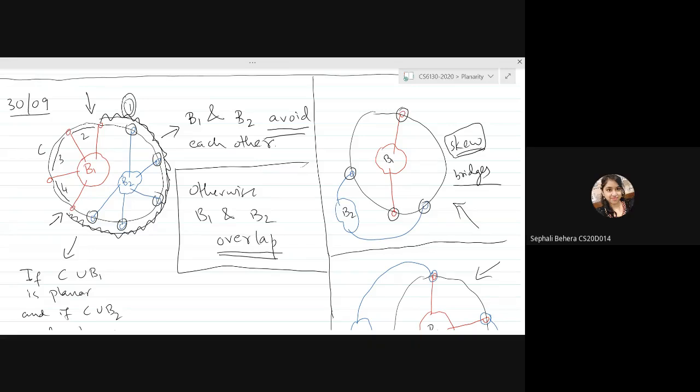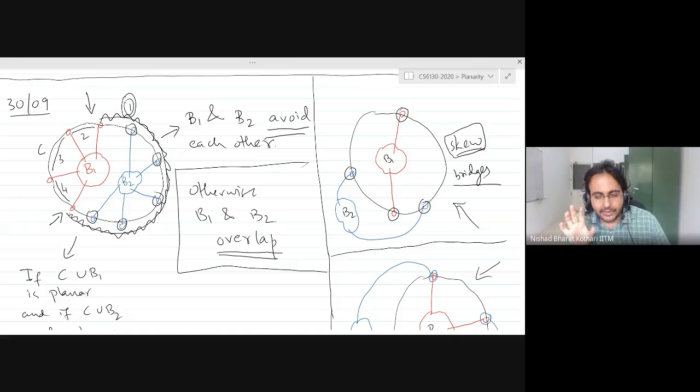Actually, it means there are several segments that I see. Right. So we are looking at segments with respect to a particular bridge. So if you look at B1, you get 4 segments. When I'm saying segments, I'm referring to a specific bridge. And what is happening is that with respect to B1's segments, all the vertices of attachment of B2 belong to exactly one segment of B1. Right? Does that make sense?